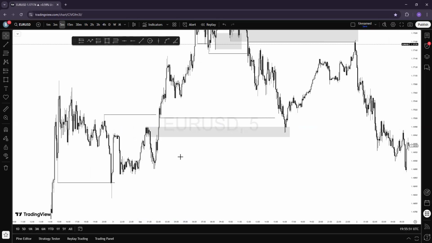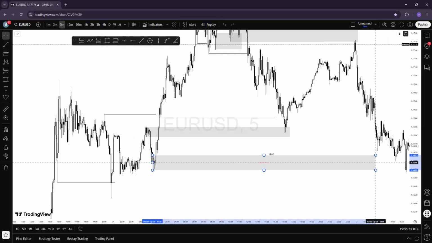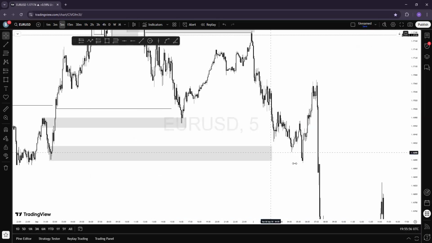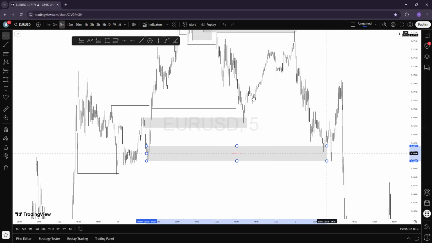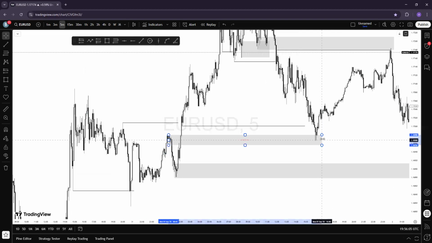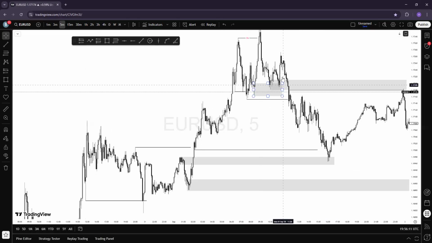So we have this as our first POI. Then our second POI will be somewhere around here. You see that the market did not come here. The market only came here to trap some people trying to buy from here. But I will first consider this as my buy POI. I knew we've already shifted the market structure here, that we are selling. At the same time, that doesn't mean this breaker block won't play out.